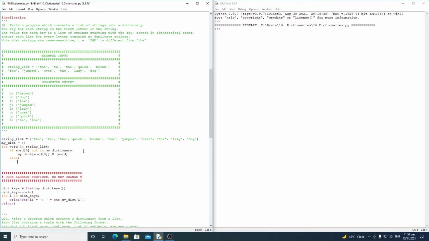Now, what happens if it's already in the dictionary? Well, all we want to do is append to this list here. So the way that we would do that is we would say, well, actually, we don't want to do that just yet. We want to check if it is a duplicate. If it's not a duplicate word, then we want to append it. So we'd write another if statement. So we'd say if